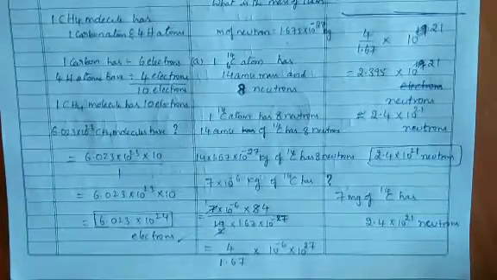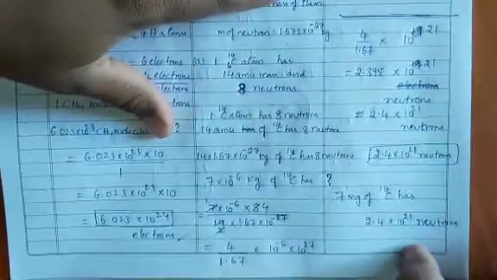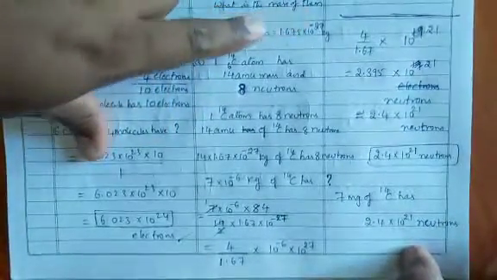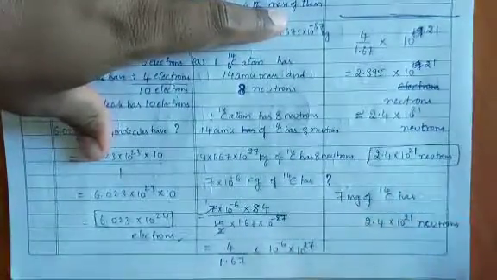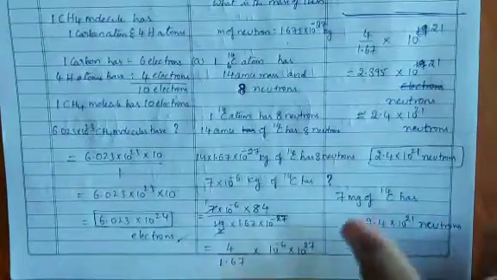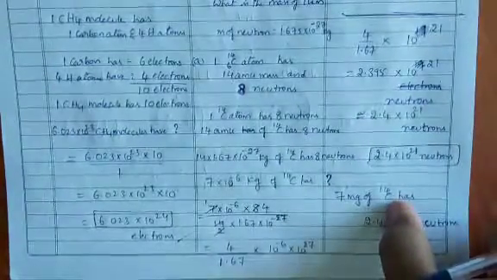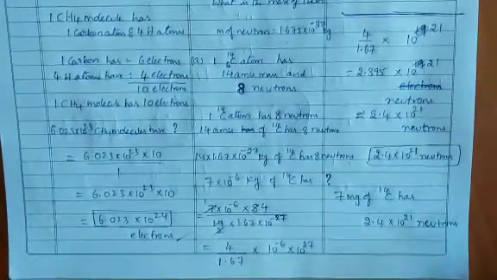Our next question is, we found how many neutrons. Now we want to find the mass of them. These many neutrons' mass is how much? Because these many neutrons are present in 7 milligrams of C14 only. What is the mass of them? Now we want to find. See, they only gave in the question the mass of one neutron.